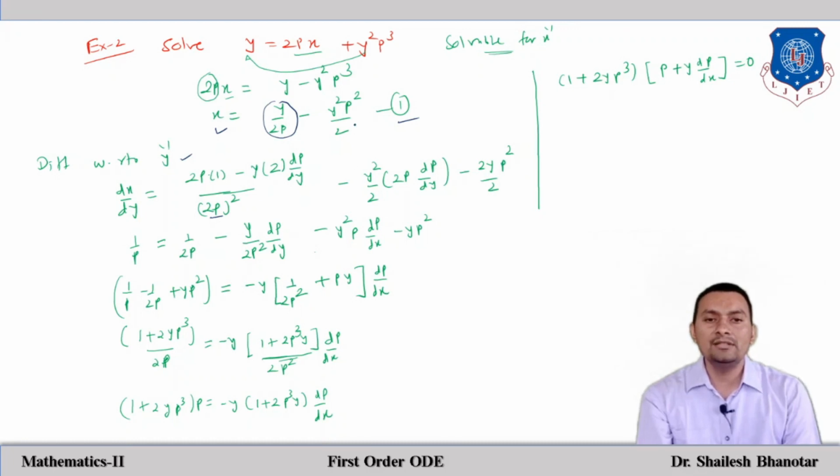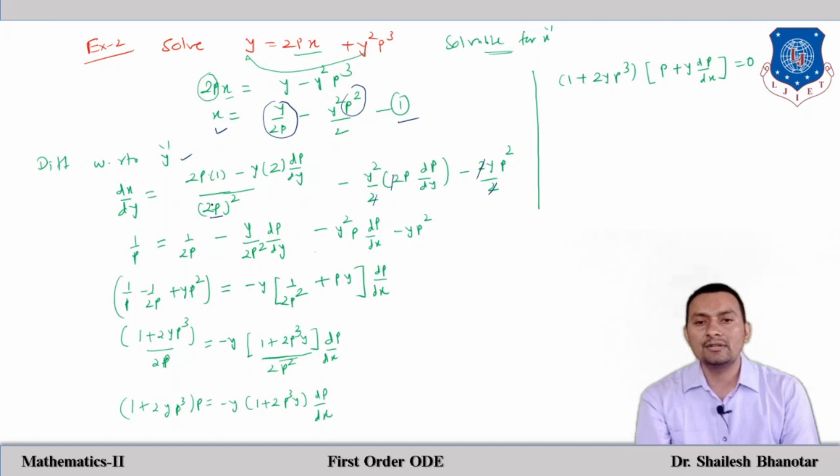So y square by 2 is there, derivative of the p square, so it is 2p into dp by dy minus 2y divided by 2 p square is there. So after simplifying, you can see that 2 also gets cancelled out and divide separately. So we will have 2p cancel out, so 1 divided by 2p, and then you can see that 4p square is there in the denominator, so 2 will be eliminated.